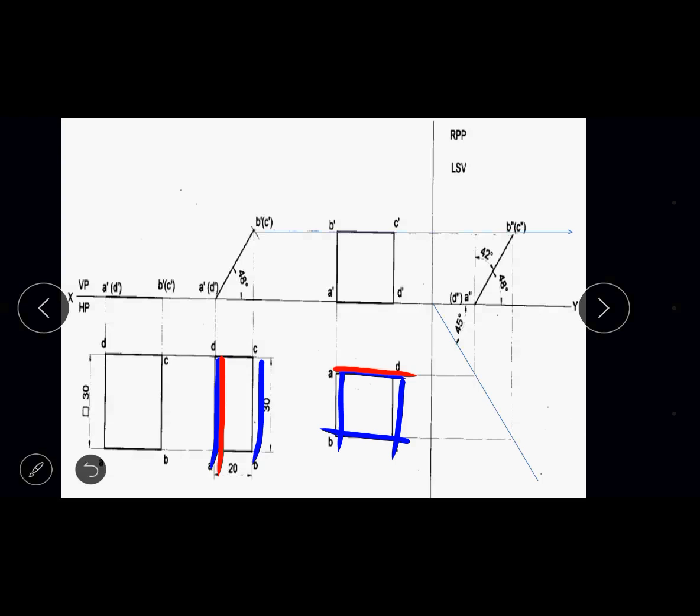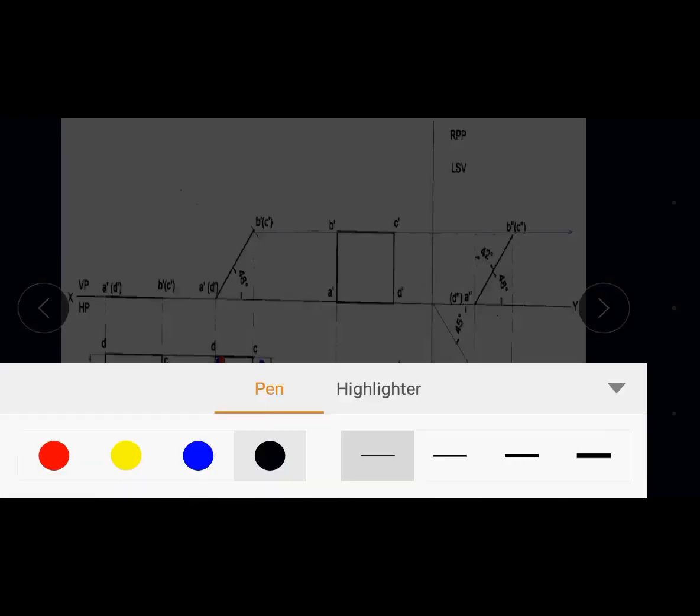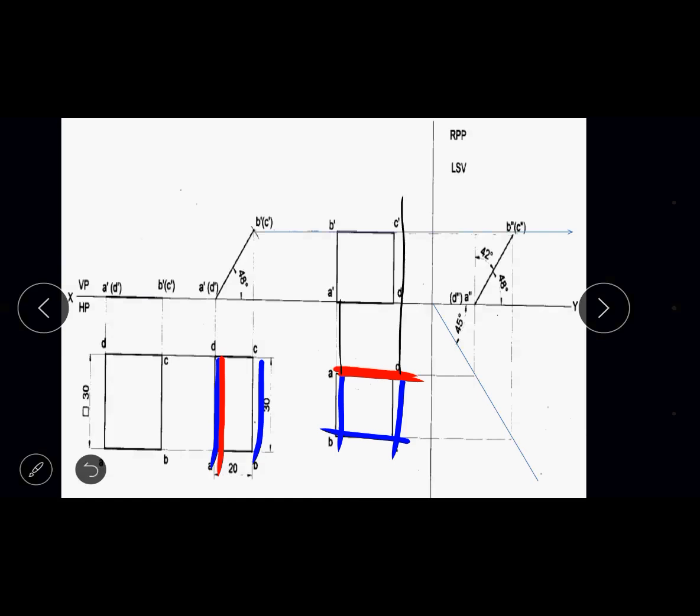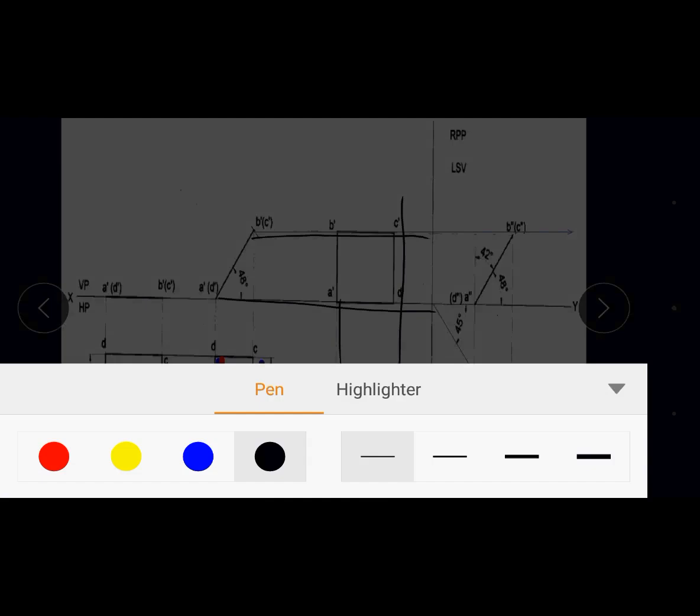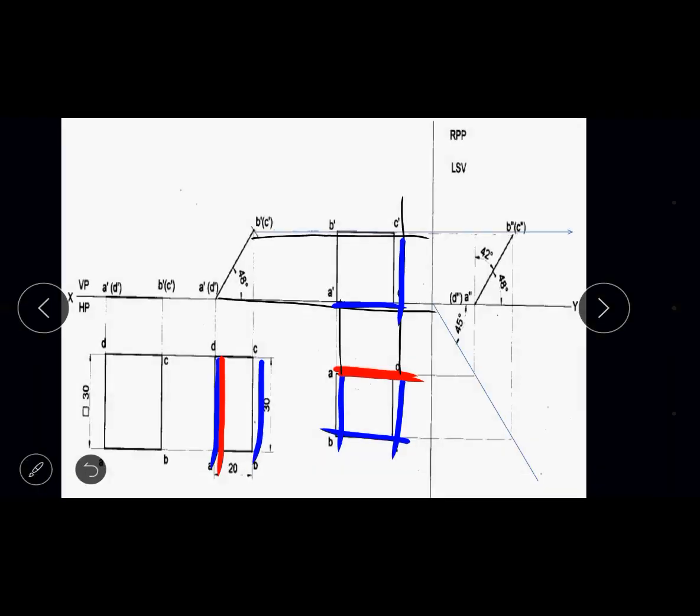Now it is in the third figure, now it is parallel to both HP as well as VP. So that condition is satisfied in the third figure. And as usual, to show the front view in this position, you will draw the projection lines from both the views, study the point of locus, and then complete the lamina. So first you will get A dash, D dash, then C dash, B dash and E dash. This type of rectangular lamina you will get as the front view.